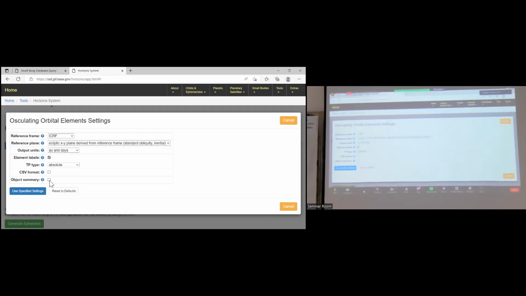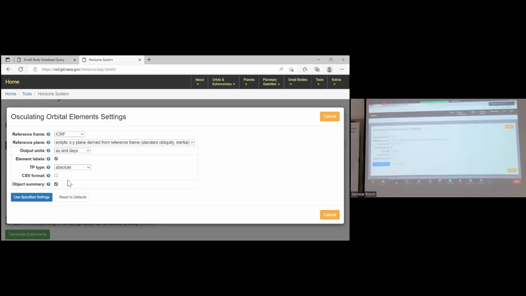If you do not want, just leave it. For example, Mercury has a radius, Mercury has surface temperature, okay? CSV format? Okay, use specified settings.